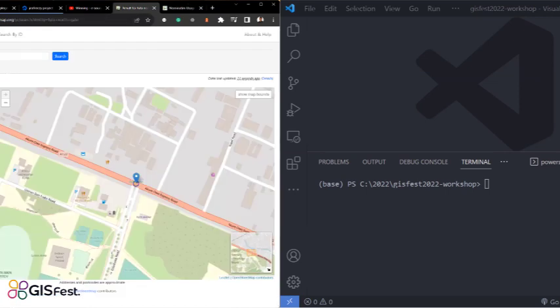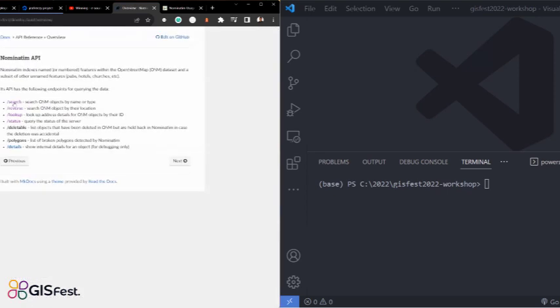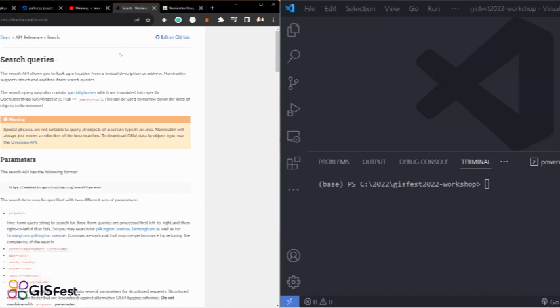Let me see if I can pull that up. It's just nominatim.org. So this is the public interface, and there's documentation here where you can see how to use the API. So it's very, very simple. But most times when you're building an application, you always want on-the-fly suggestions, in the sense that when people are typing, they are seeing the results. So that's why I want to build our own, because